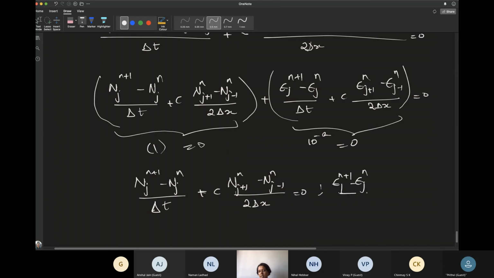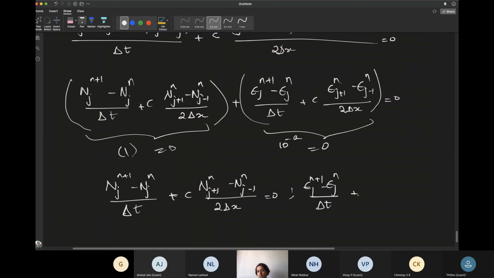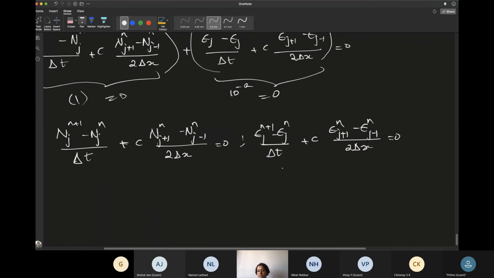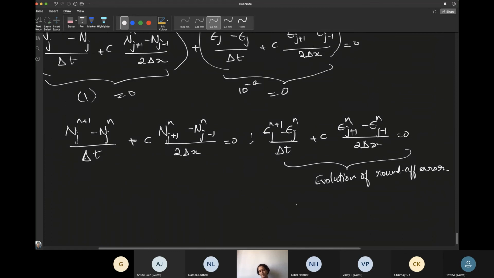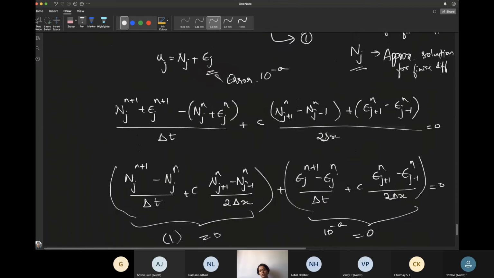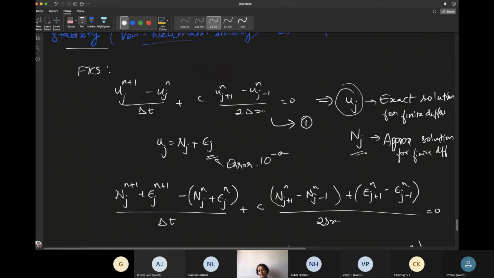So this way you have obtained an equation for the evolution of your error from your FTCS scheme itself. You have obtained an expression for the evolution of error. This is the evolution of round off error actually. So this is possible, that is, your error equation itself is like FTCS only. So this is possible only for linear